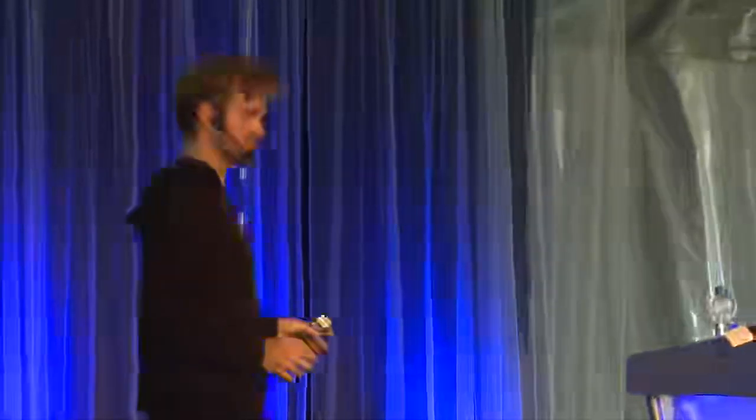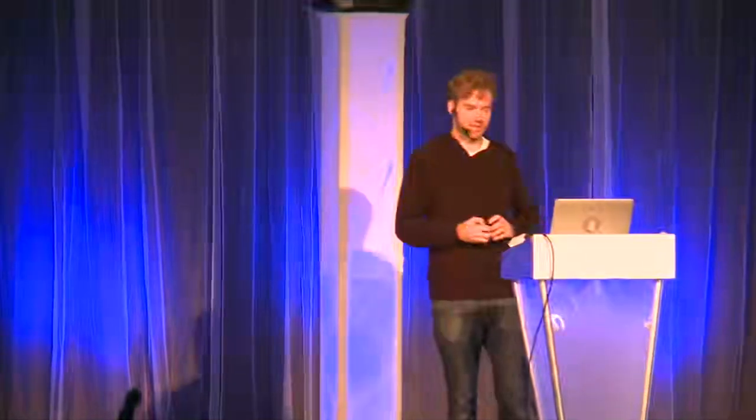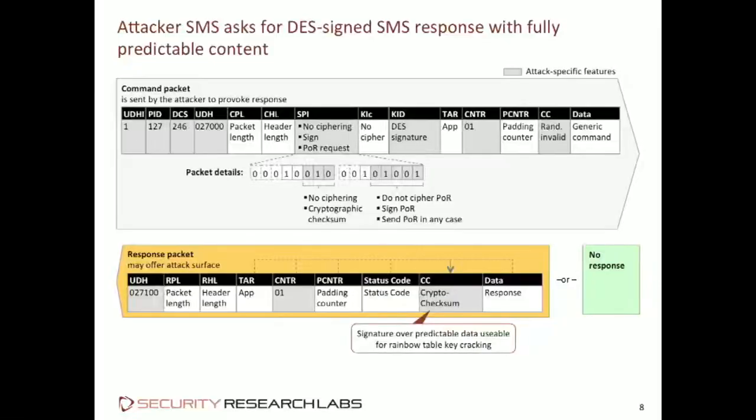Pre-computing, though, relies on the property that the message is predictable, that you can force a phone to sign a very specific message. And each phone should please sign the same message, because for this message and only this message, you pre-computed the tables, right? So let's look at the communication as it's happening and investigate whether the attacker can actually get a known chosen response.